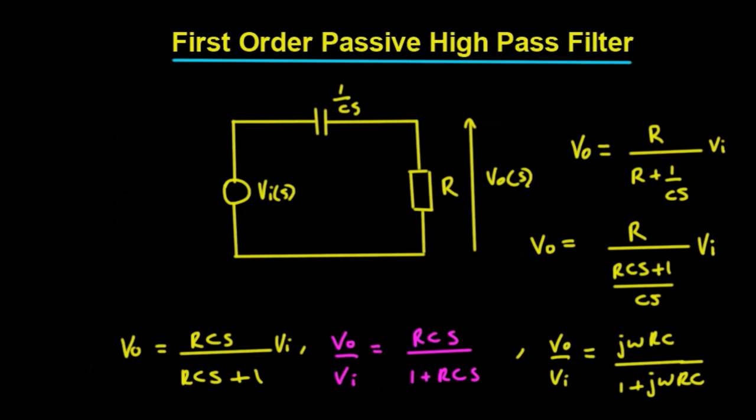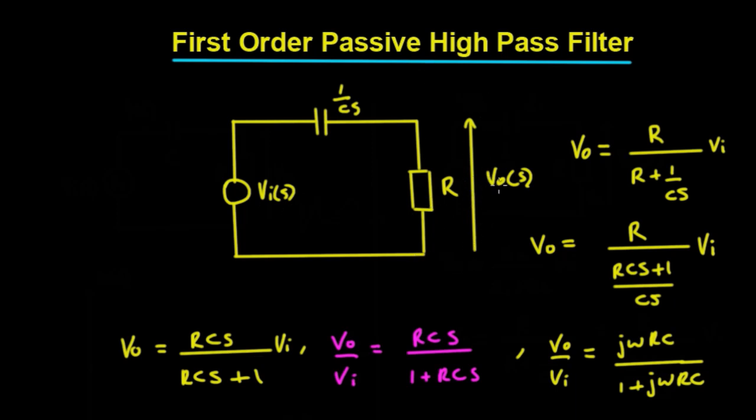So now we're going to take a look at the passive first order high pass filter. All we're really doing is swapping the R and the C around, and that makes it into a high pass filter. So again, the simple look at this here, but the input is here, V in as a function of S, and V out is